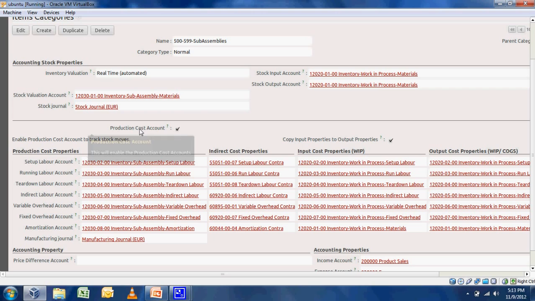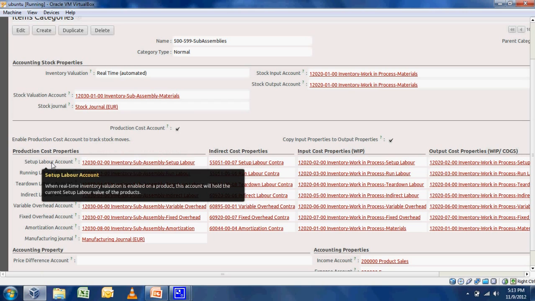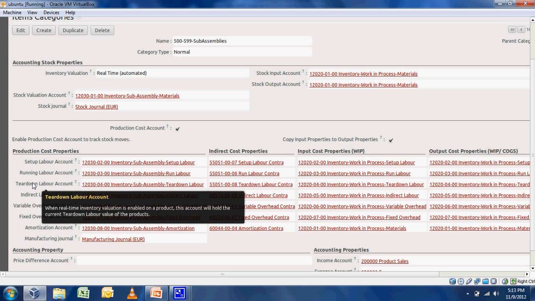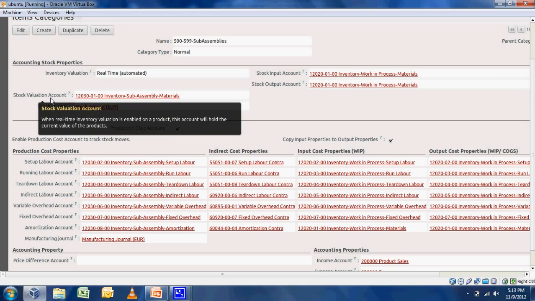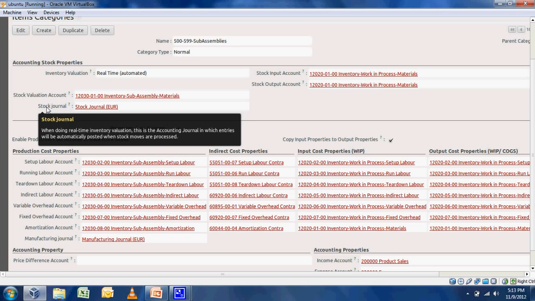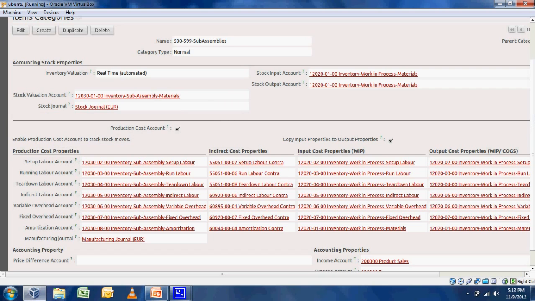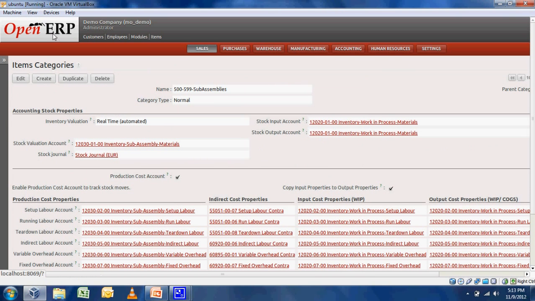The production cost account is enabled because this is a subassembly, which again is an in-house production material. In the production cost properties, you can see where the cost will be tracked for setup labor cost, running labor cost, teardown labor cost, indirect labor cost, variable overhead cost, fixed overhead cost, and amortization cost. So the production cost accounts are tracked in the manufacturing journal, and the inventory related accounts are tracked in the stock journal. So this was about subassembly. Next we will have a look at